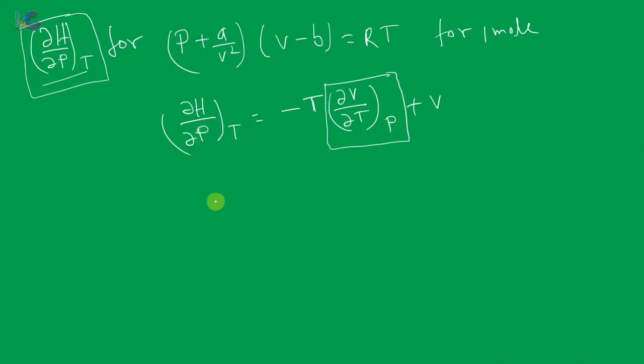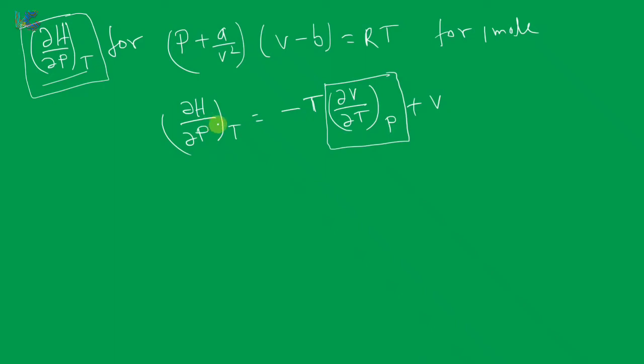So I will tell you the end result, and I will tell you how to do the derivation, where you can have the problem, where you will face the problem while deriving this quantity ∂H/∂P at constant T for van der Waals gas. I will tell you where the problem can arise and what you have to do, and if you follow the steps you can derive the value of ∂H/∂P at constant T for n mole or 1 mole of van der Waals gas.